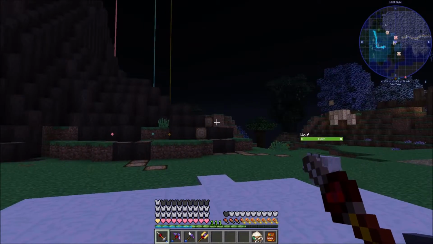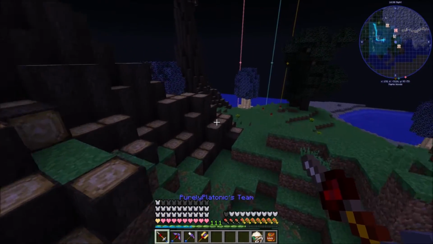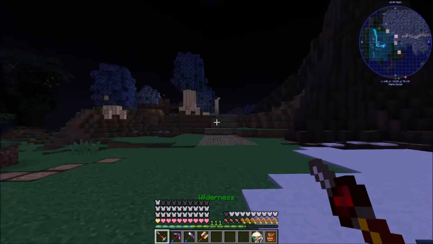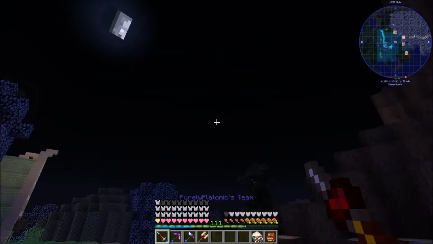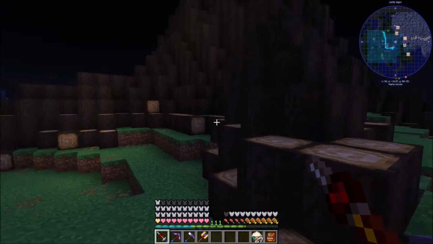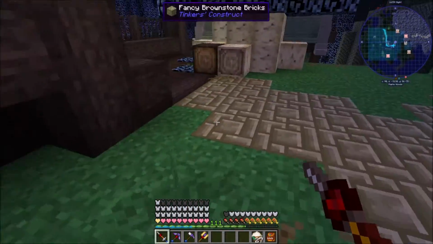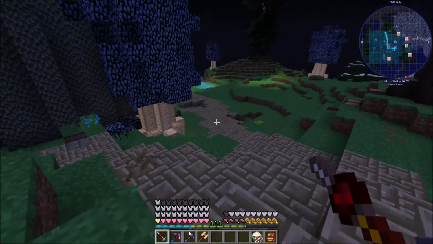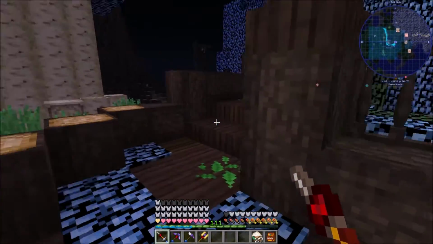So if we come up through here, there's these big greatwood like tree stumps right here. And Platonic did say that we should come here at night because it looks better at night. So we've still got a bit of night left. But up through here, let's see. If we come over, see, off in this direction of this, we'll go this direction first. If we come up here,